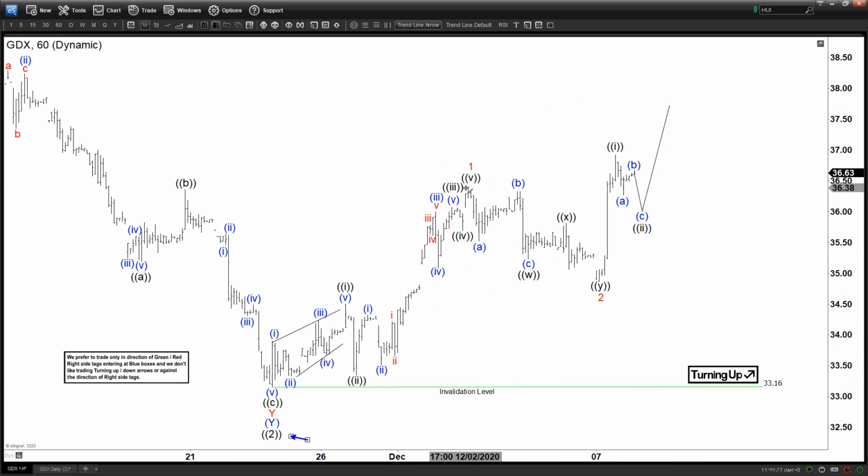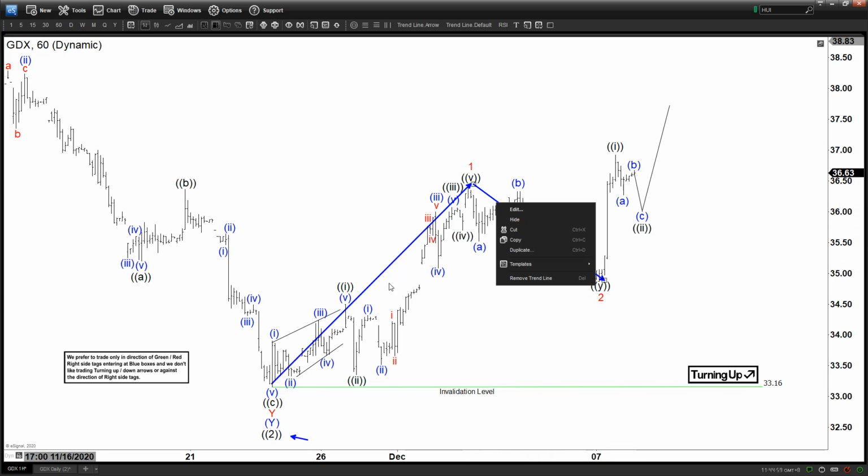Now we can see right here we got a correction. So we have one cycle, and this is the second one. I mean, this is the second swing. This is the first swing, second swing, and then we have already broken above the previous peak here, right? Suggesting that the next leg higher in the shorter cycle has already started, right? So this could be wave 1 or wave A, this could be wave 2 or wave B, but we do